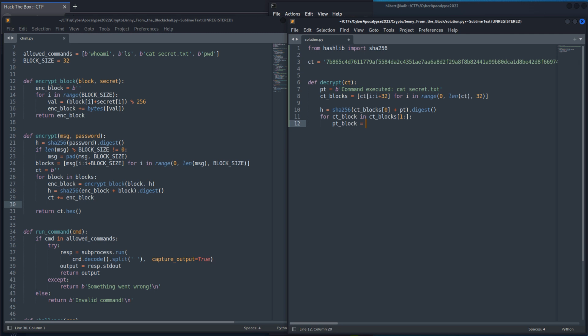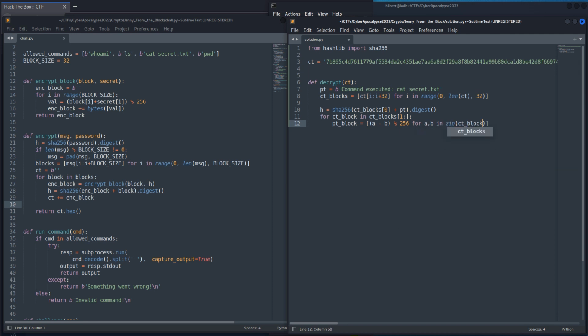This is where we'll actually do the decryption like how they were doing here where they're adding, but instead of adding, we are going to subtract. So we want to do A minus B, and we're doing that modulo 256 for A, B in zip